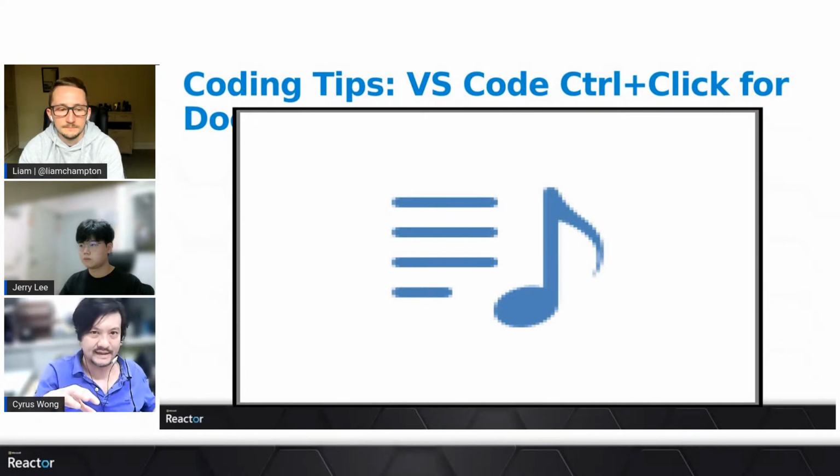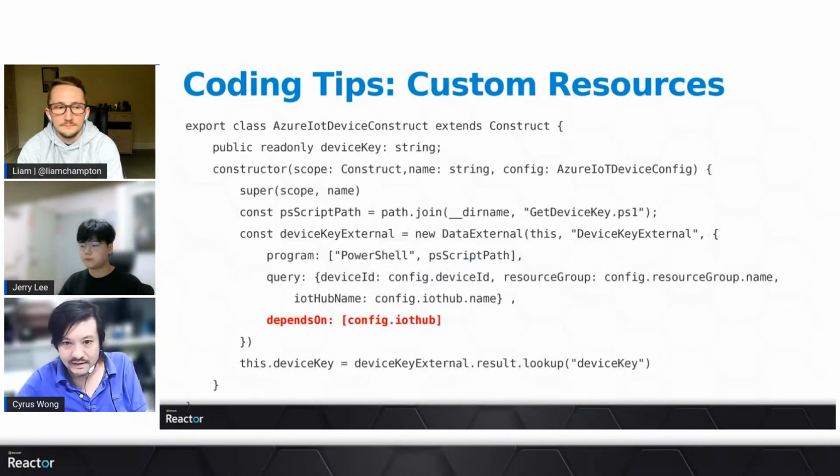You can just use quite a common technique in Visual Studio Code, Control-Click. If you find some API, you type it, the autocomplete comes out, but you don't know the document, you don't know what's happening. Just Control-Click in Visual Studio Code, and at the end you will get the Terraform document, and then you can read it and answer your question. Also,